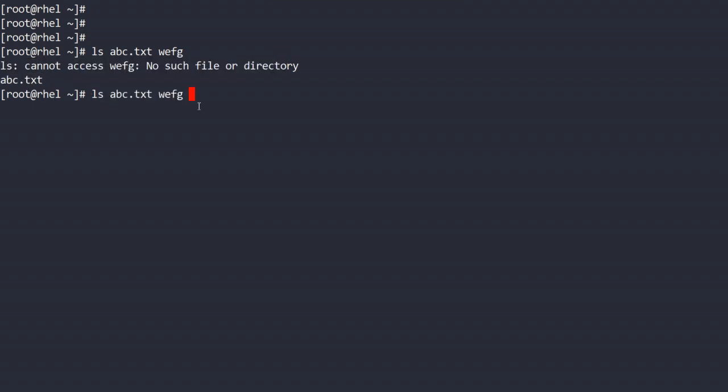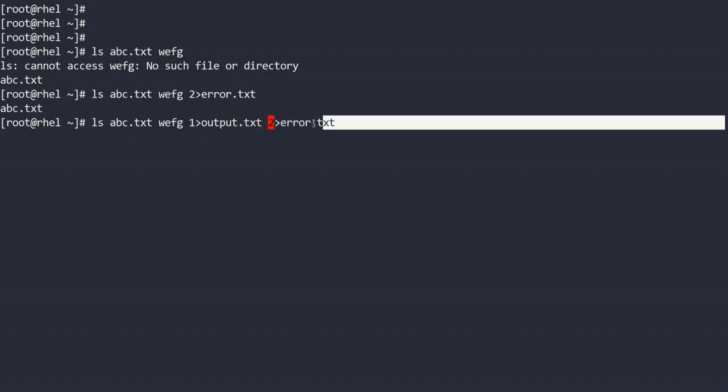Now you want your standard error not to be visible to you, and to go to some file. Suppose one file is there. Now see, only the output is visible to you. Suppose you want to send the output to output.txt and your standard error to error.txt.